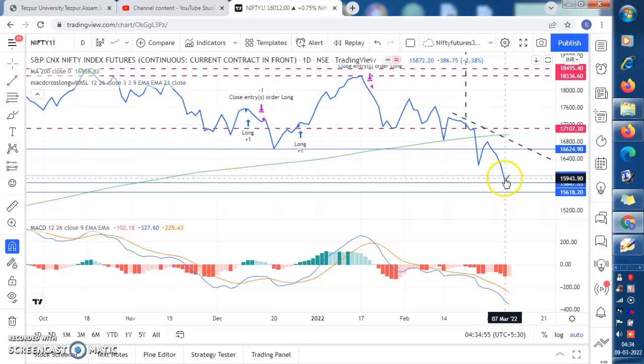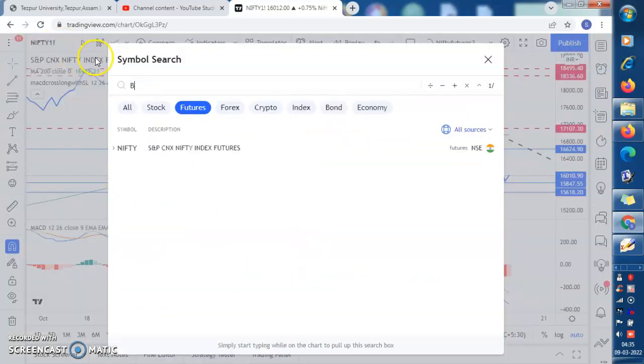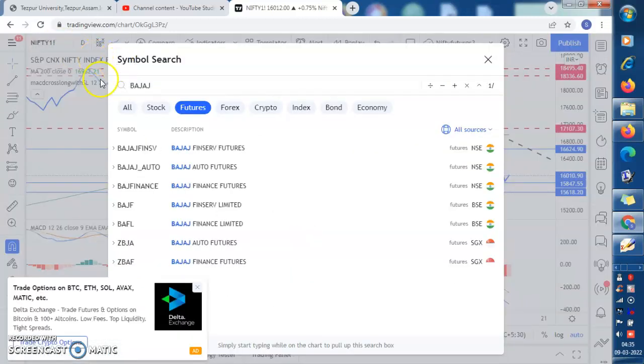So it is best to stay away from this derivative trading. Rather, it is a better time to make long-term investment, because a lot of stocks that were very expensive, for example, if you go to quality blue chip stocks like Bajaj Finance,